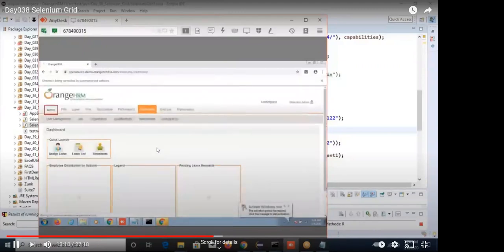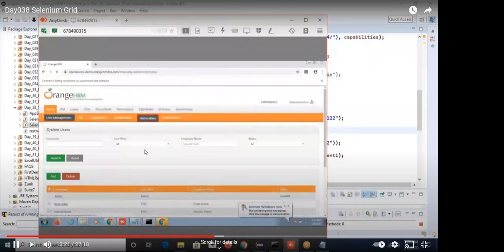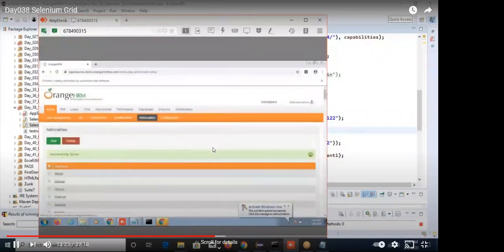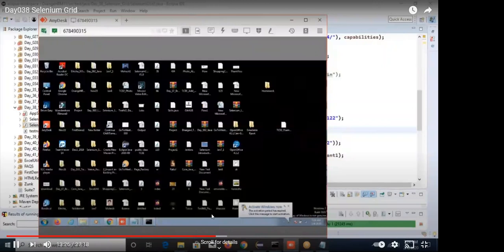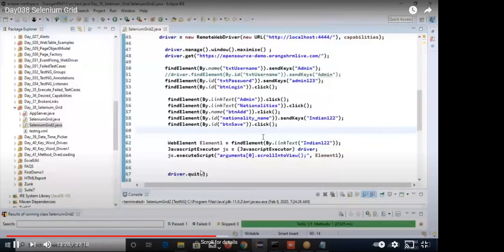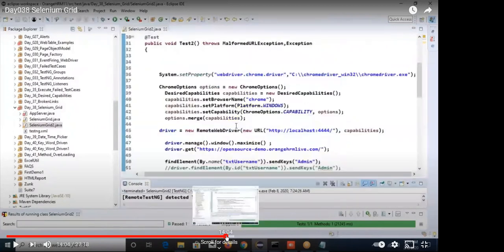I have one more laptop side by side, and it's running in my remote. Like this, your program executed successfully and the Chrome browser also closed. Because we have written driver is equal to new remote web driver, this program is going to execute remotely on the remote system. But if you write driver is equal to new Chrome driver, it will be executed in your local system only. Whenever you write driver is equal to new remote web driver, the hub will pass the request automatically to the available nodes.